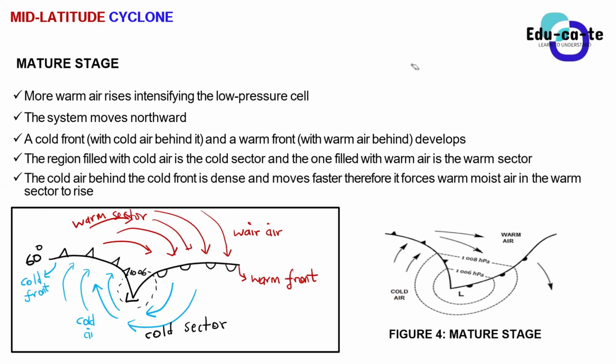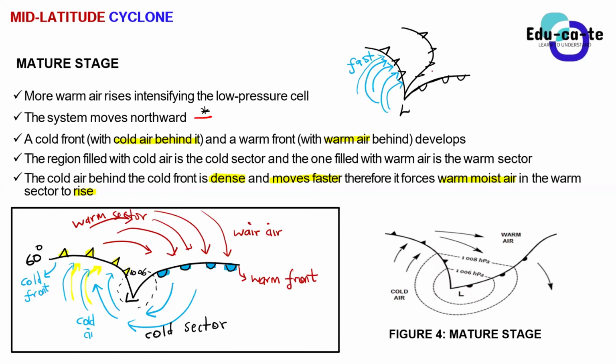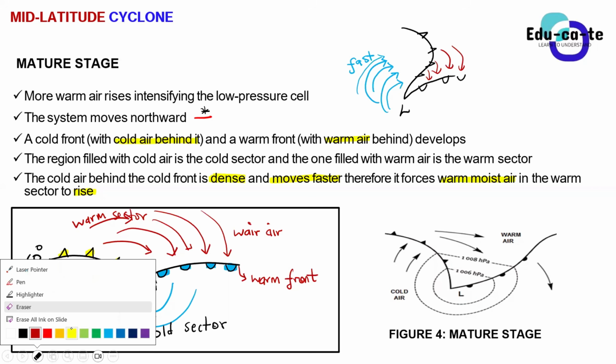So according to what we imagined, if this cold air keeps on pushing this cold front, guys, it will end up somewhere here. Do you see that the cold front will end up becoming somewhere here? The cold front ends up here because the cold air is pushing it, and it is forcing all the warm air in the warm sector to rise. All of it is rising. So the cold front ends up shifting its position because it is being pushed by this cold air behind it.